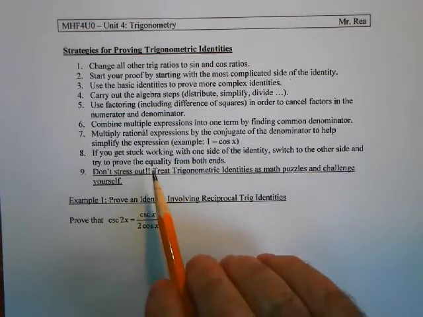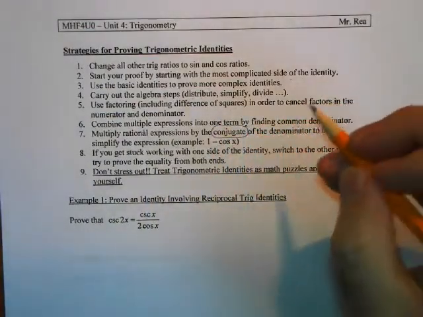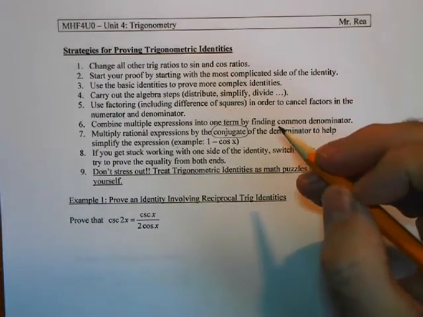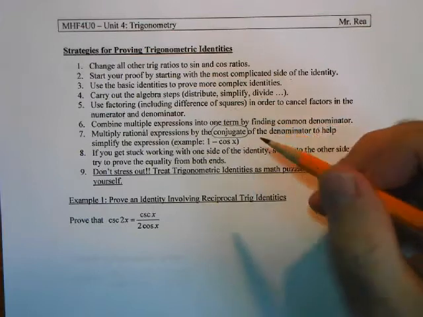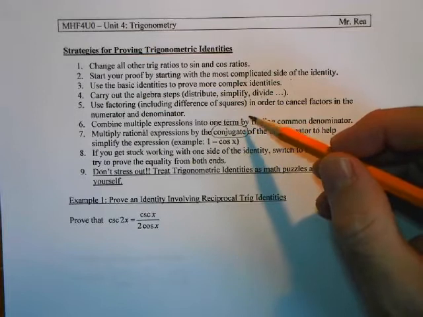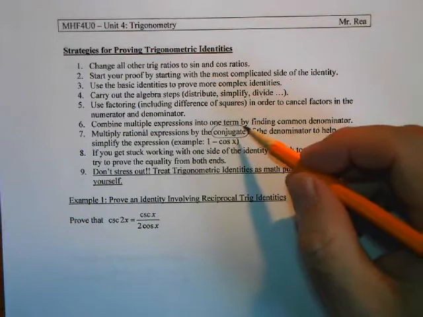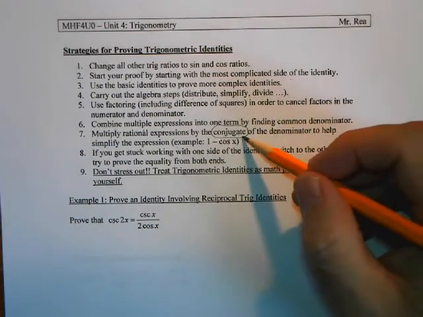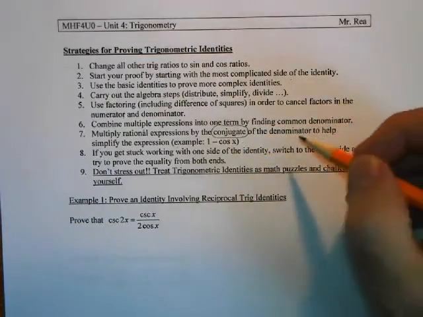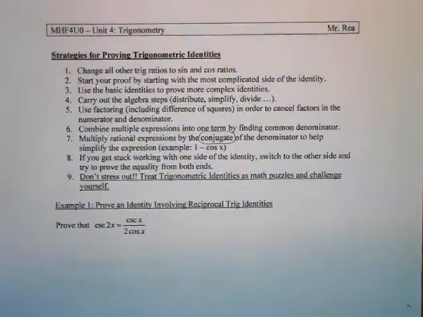Multiply rational expressions by the conjugate. So we've talked about this already this year when we were working with radical expressions, and you had a radical on the bottom, like 1 over root 2, and we would try to change the bottom so it didn't have a radical. But when we had a binomial in the bottom, the strategy we used was multiply the denominator by the conjugate. So even though we're not trying to get rid of a radical this time, an example of that might be,